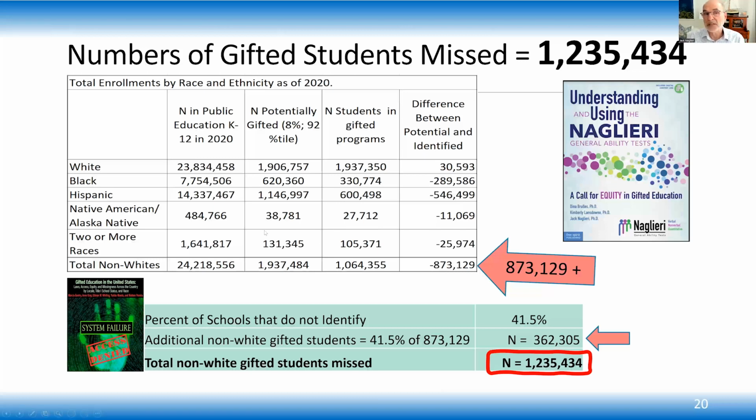And a big piece of that is the test that we use. And of course, not every school district identifies gifted kids. And if we add another 40% approximately for those districts that aren't finding kids at all, the number comes up to 1.25 million really smart, wonderful people in K-12 right now who are smart enough to be gifted but aren't. And a big piece of that revolves around the test that we use and the way we use the data. Because you can have a really equitable test, but if you don't use it correctly, it's not going to work